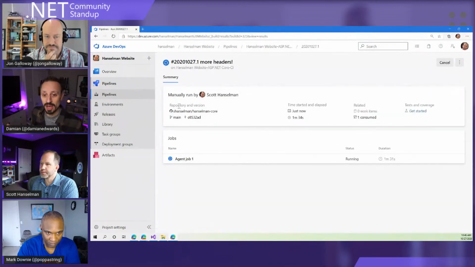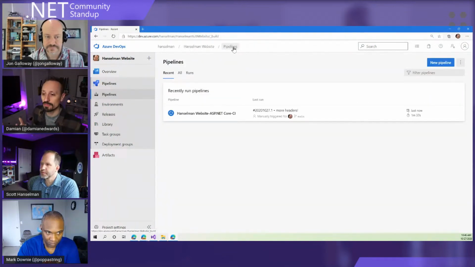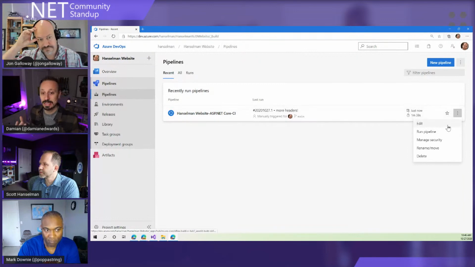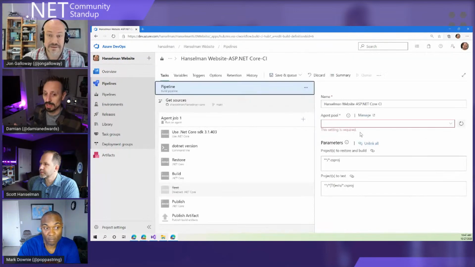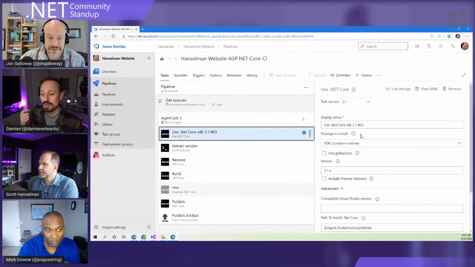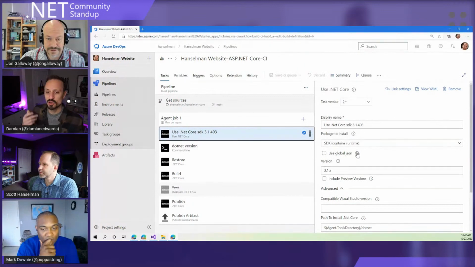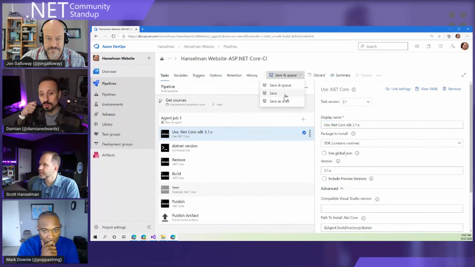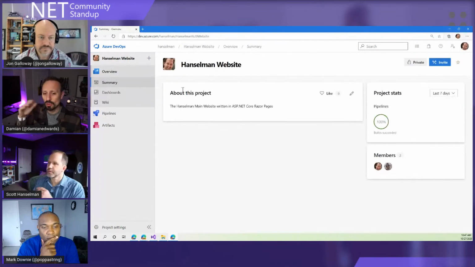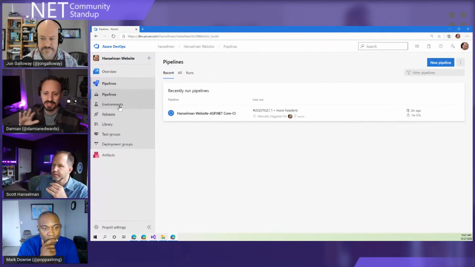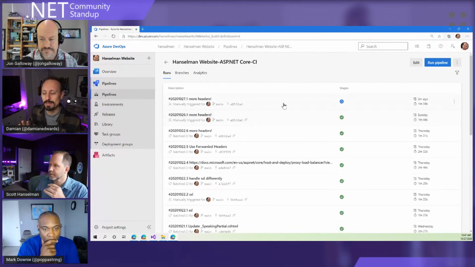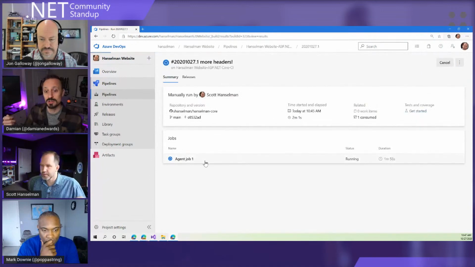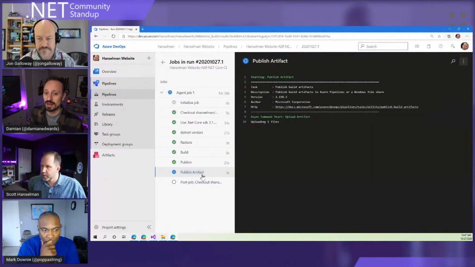In .NET 5, we now have improved support for not only self-contained apps, but single executable apps, along with application linking or trimming, depending on what parlance you prefer. And so not only can you do a self-contained that is a single executable, one file for all the dynamic stuff, your static files still remain separate for a web application, but then you can trim it. You can run it through the linker, which is part of the SDK.